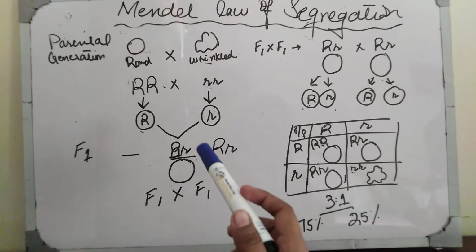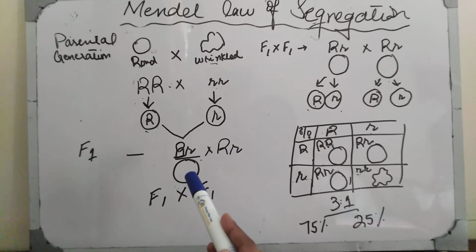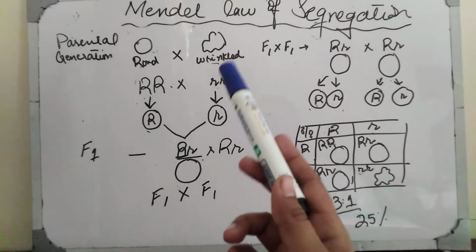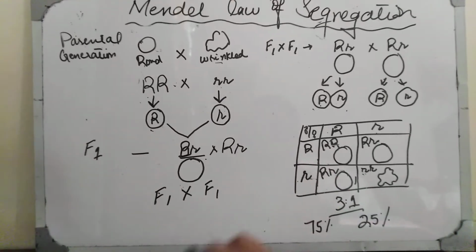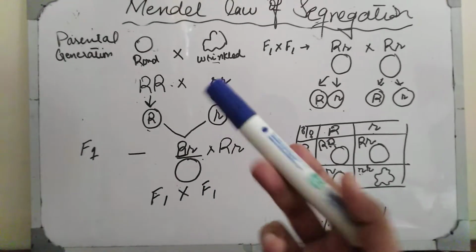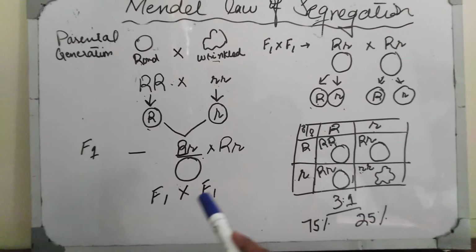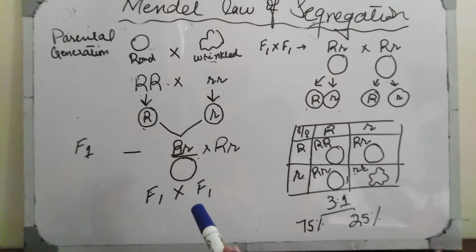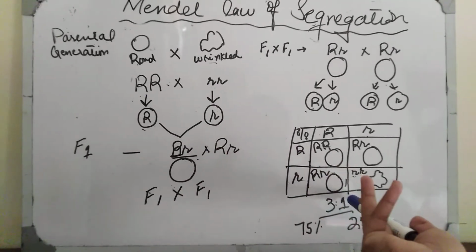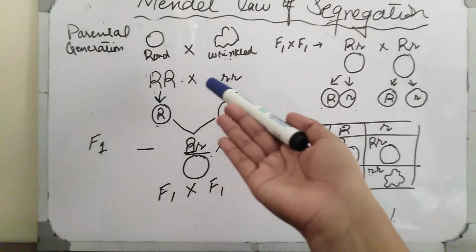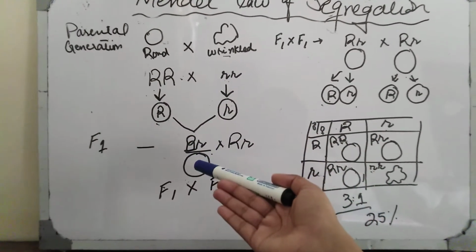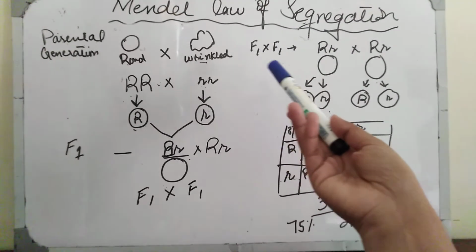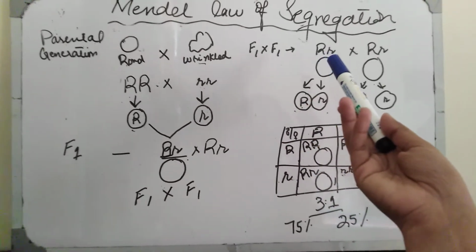Then what will be its genotype? It is always in pairs, in a diploid state, capital R and small r. The dominant allele will show its characteristics and it will be round, but it carries some qualities of wrinkled which are masked or suppressed in this offspring. In the second step, we cross F1 with F1. Both have some wrinkled characteristics, which may be shown in the next generation. Because we crossed round with wrinkled, it is not shown in these offspring, but it may be shown in the next generation.